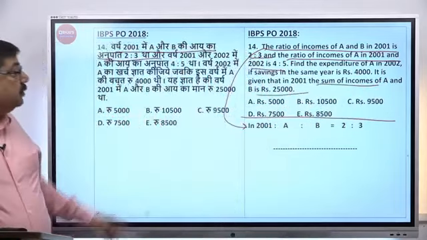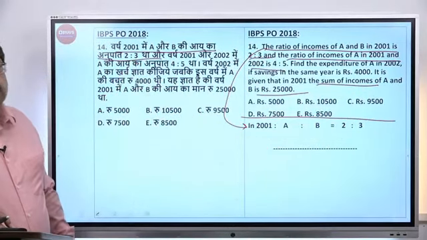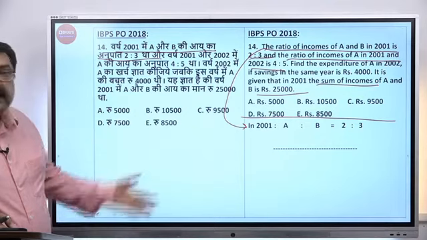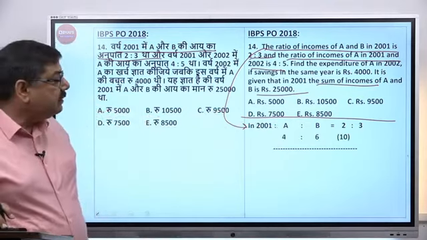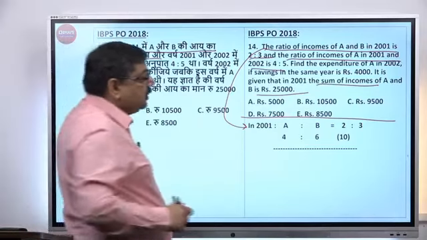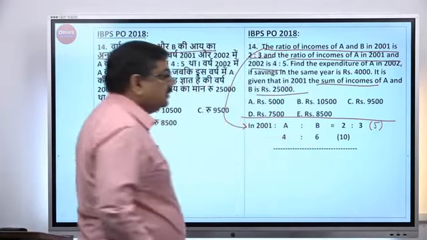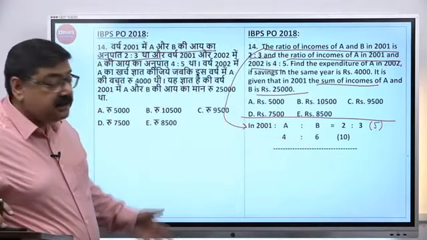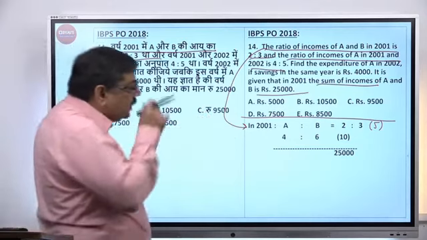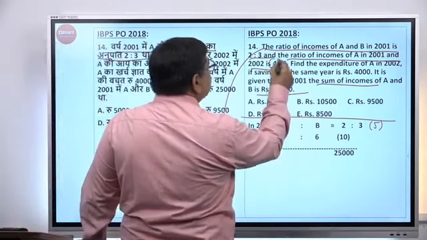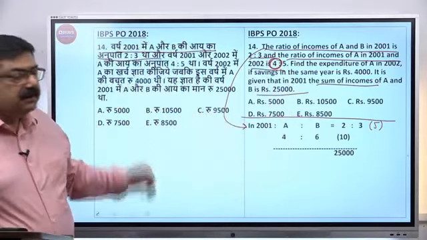तो हमें ये ज्ञात है कि वर्ष 2001 में A और B की आय का मान 25,000 था। यहां पर कितने पॉइंट्स हैं भाई? 5 पॉइंट्स हैं। तो आप इसको 4:6 भी तो लिख सकते हैं, 25,000 से कंपेयर करना है। क्यों 4:6 किया मैंने? यहां पर 2002 में भी तो A का 4 आ रहा है, जो अनुपात का मान है।